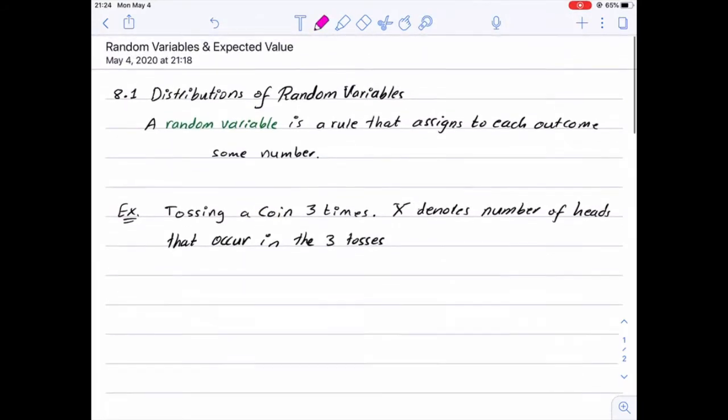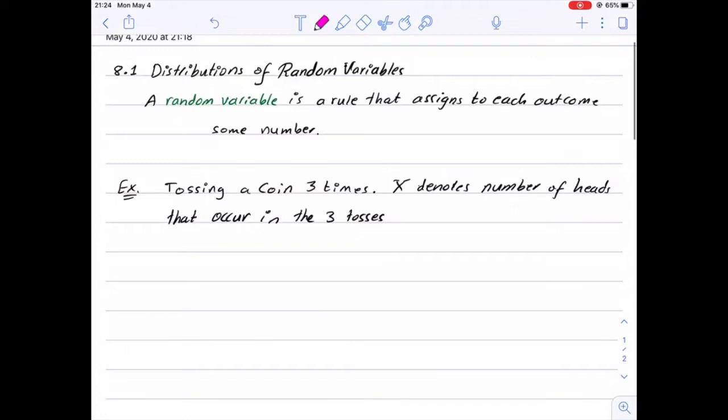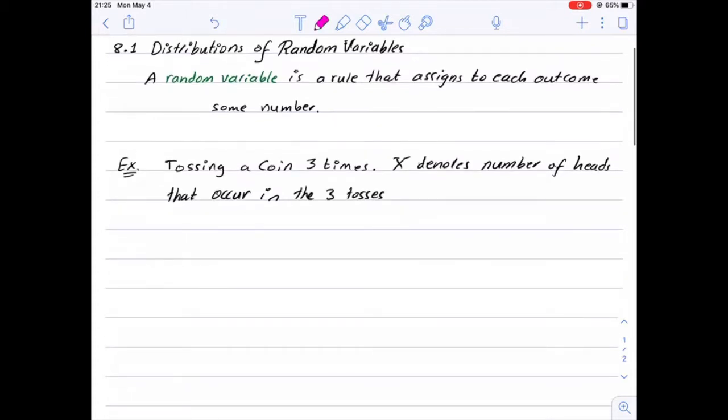In this lecture, we discuss two concepts, random variables and expectation. So let's start with the distribution of random variables. A random variable is a rule that assigns to each outcome some number. For example, if we are tossing a coin 3 times,